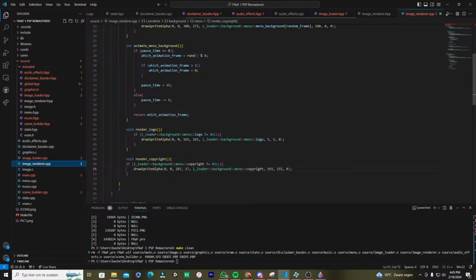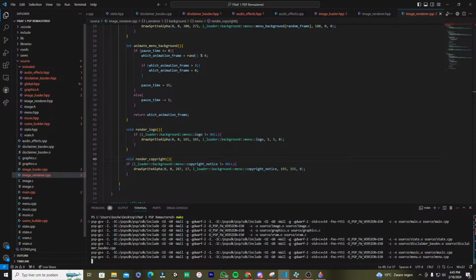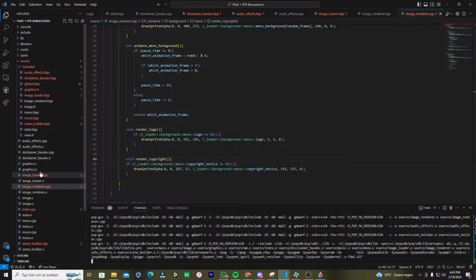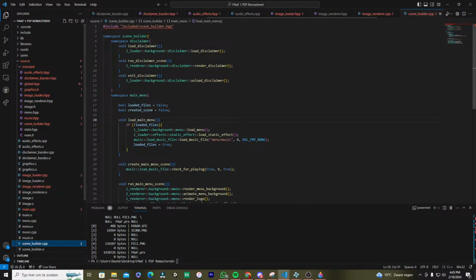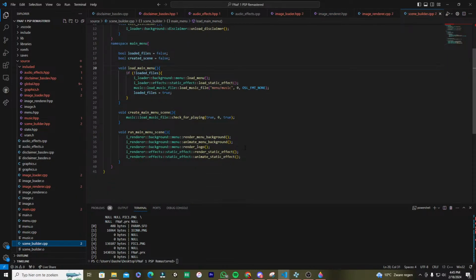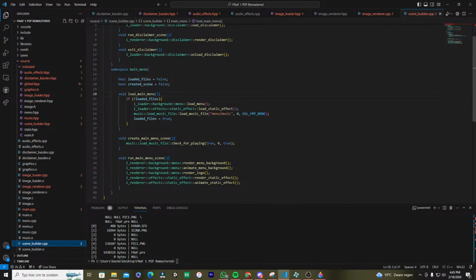So, image renderer. No, that's not that one, that's this one. So, basically the copyright notice. Now, I don't know if I've actually loaded that in yet, of course. So I'm gonna go to the image loader, or I mean the scene builder, and then render, image renderer, background,